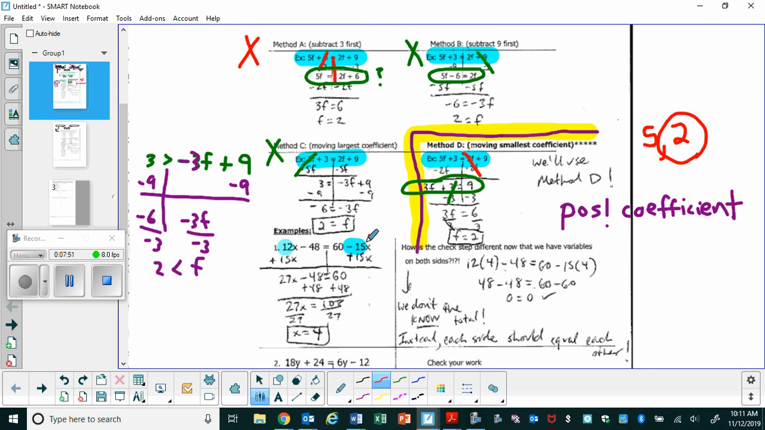That cancels out on this side, and we just bring down the 60. 12x's plus 15x's is going to be 27x's on this side. We have our constant of negative 48 equals 60. So now the next thing we're going to do is add 48 to both sides for this to cancel out. And 60 plus 48 is 108. Since our coefficient is a positive 27, we're now going to divide both sides by positive 27, and we'll get